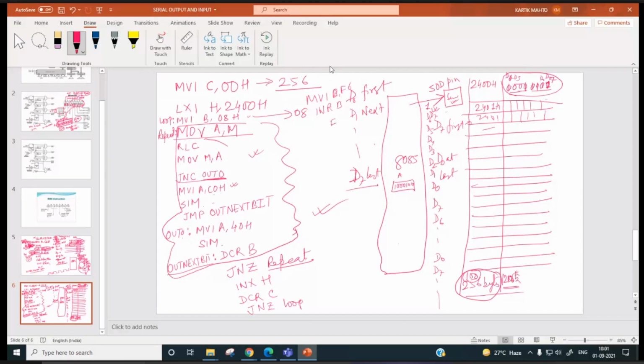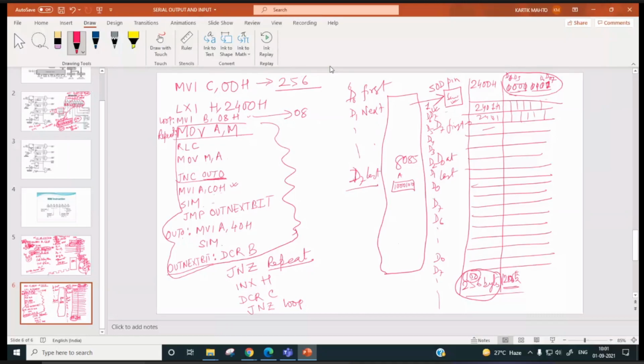So what's the point in doing this? Sir, we can keep B as 0 and at jump we can keep the condition that if the value is F6, then it can jump. Conditional statement there.